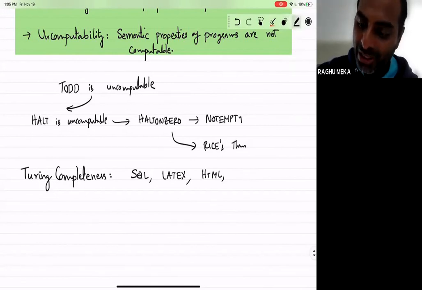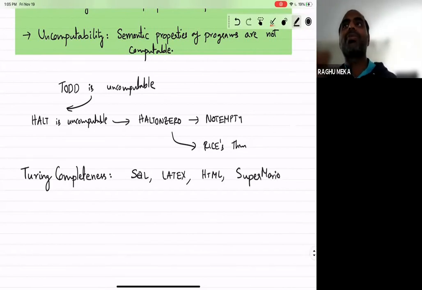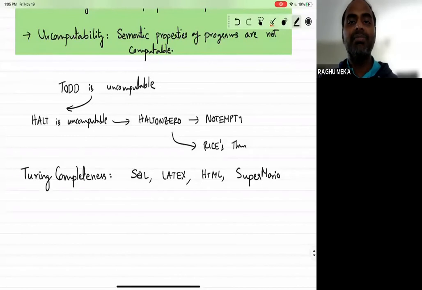I mean, people have built Turing complete models based on something out of Super Mario games. Okay, so you can build all these programming languages which are all Turing complete, which in some cases can actually be a feature, right? I want a powerful model of computation, which is great. But also sometimes it can actually be a bug,